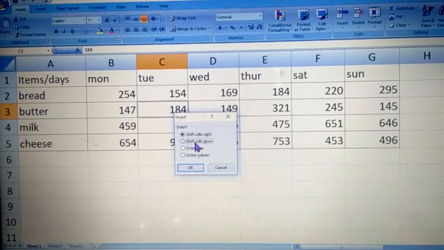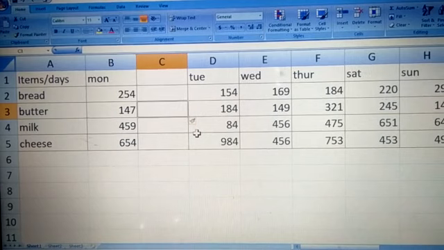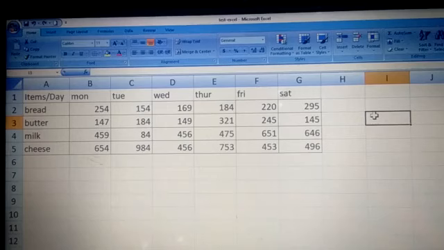If you want it to shift down, it will. If you want an entire row, then you can insert the entire row, and even you can insert the entire column from here, right? So if I say okay, a column will be inserted. See here, right? And with this shortcut, children, you can also delete any cell or columns if you want. So next thing that we are going to learn about is how to format these cells.